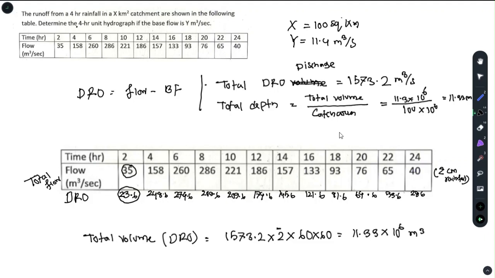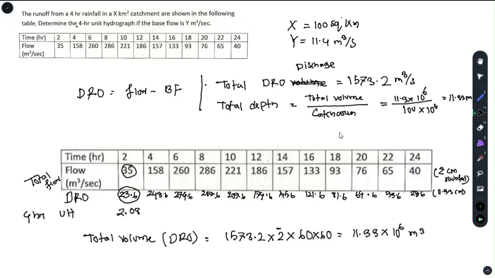So the direct runoff values here are for 11.33 centimeter. But you are interested to find out the direct runoff flow for 1 centimeter. Then how do you do it? You just divide it by 11.33. So if you want to develop a 4 hour unit hydrograph, you just divide 23.6 by 11.33, then you get a value of